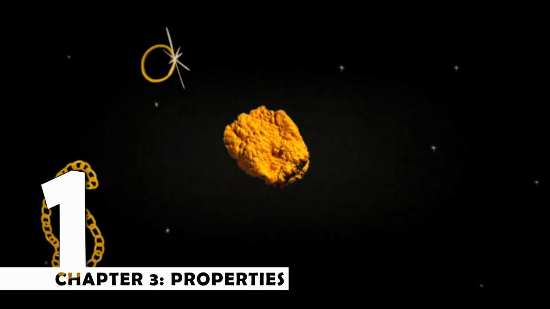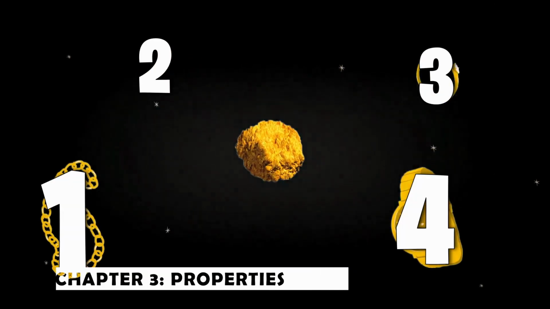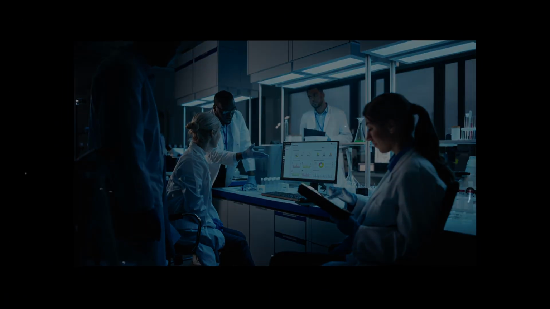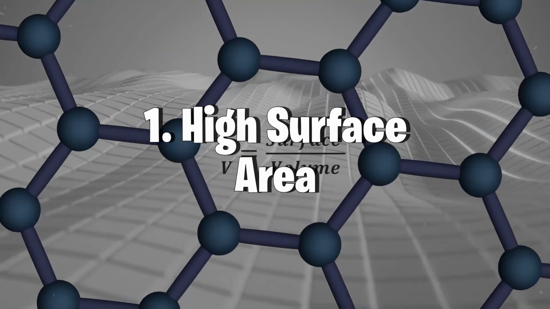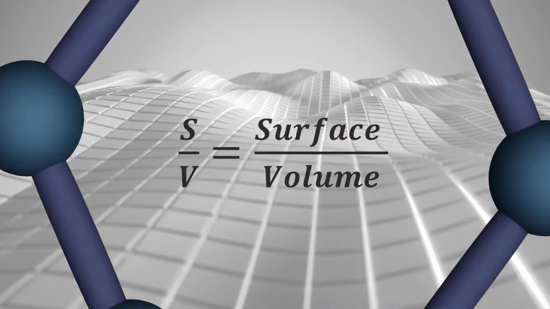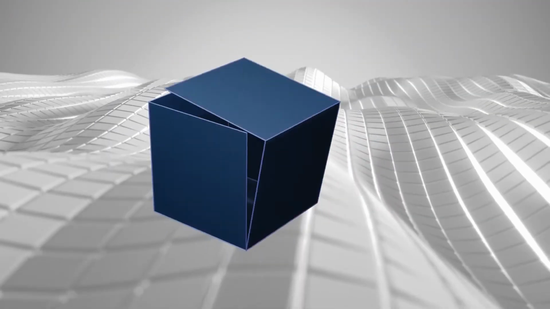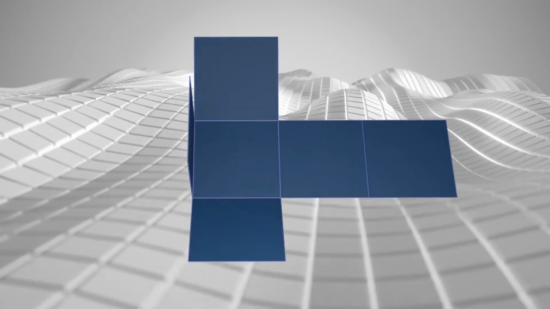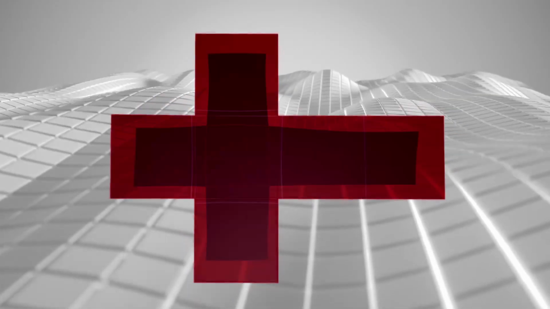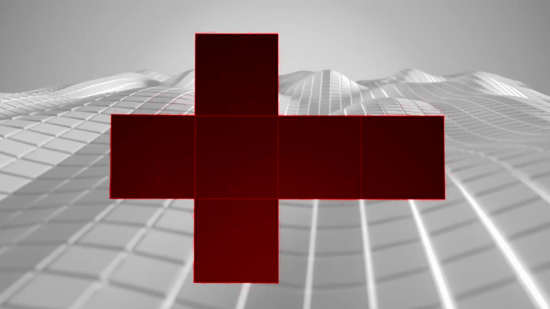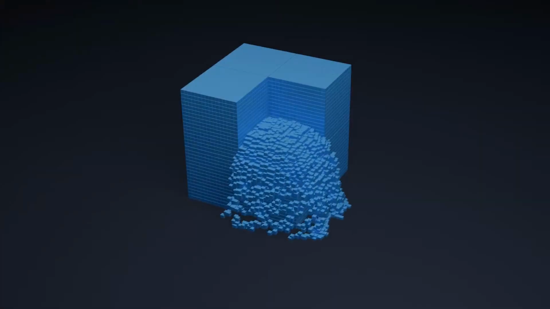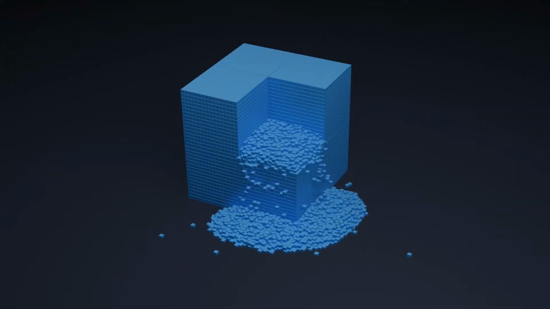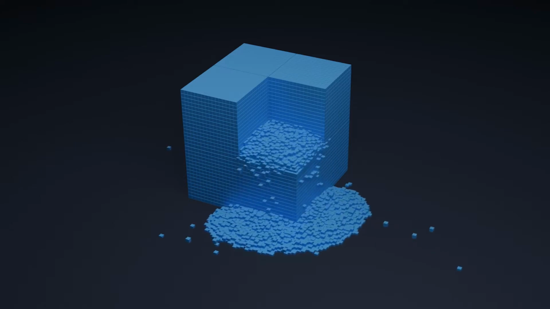Colloidal gold nanoparticles have 4 main properties that make them very useful and applicable in medical diagnostic applications. One being their high surface area. The nanoparticle of colloidal gold is special as the surface area of the particle is relatively large compared to the volume of the particle. This results in a high surface area as there are more areas where reactions can occur. This causes colloidal gold to be highly reactive in its base form, which helps it with its application to bind with other elements like an antibody